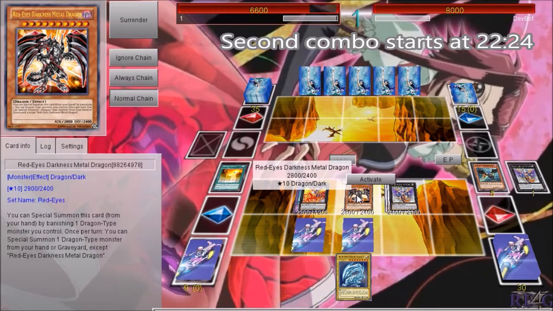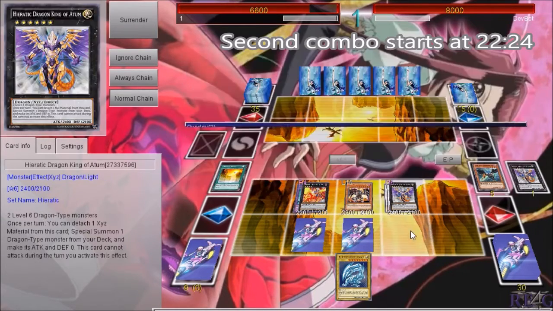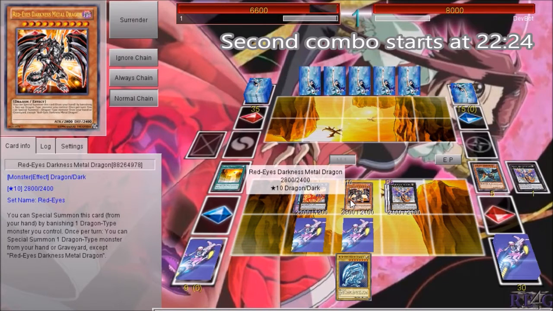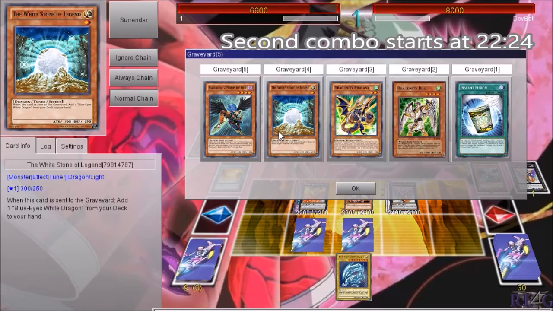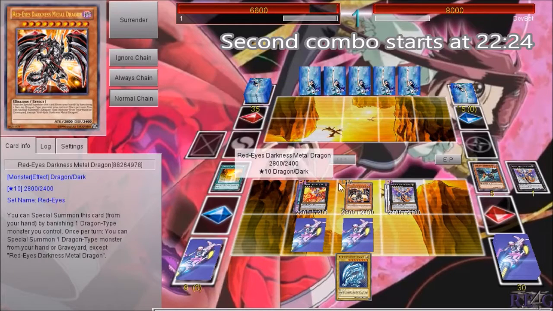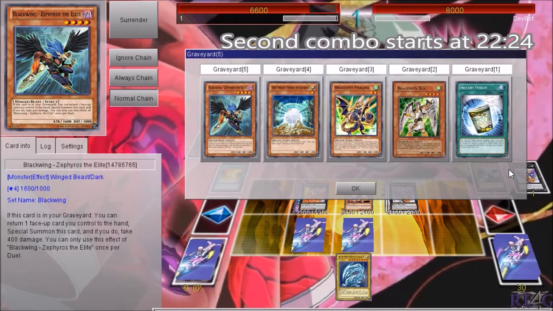This thing still hasn't special summoned yet. Technically, what you could do is, well, since the Gae Dearg's here, you can't special summon the Gae Dearg. But what you could do is summon the Blue Eyes out of the hand. You can summon the White Stone from the graveyard. You know, there's multiple different things you can do right here. What I'm going to do is actually...